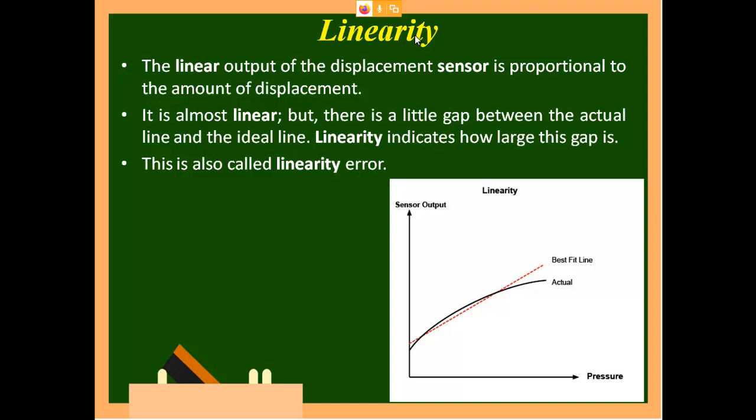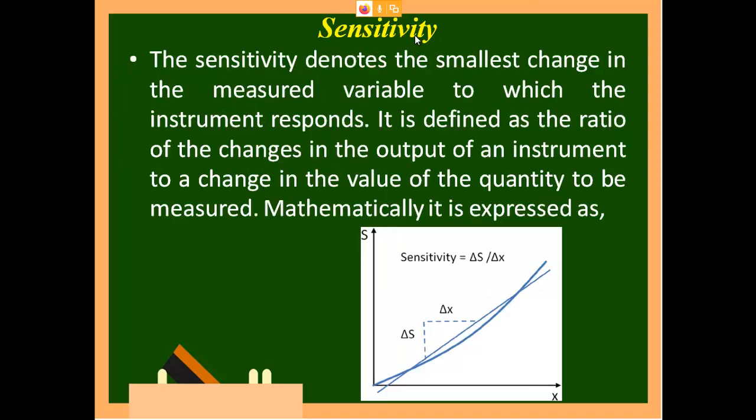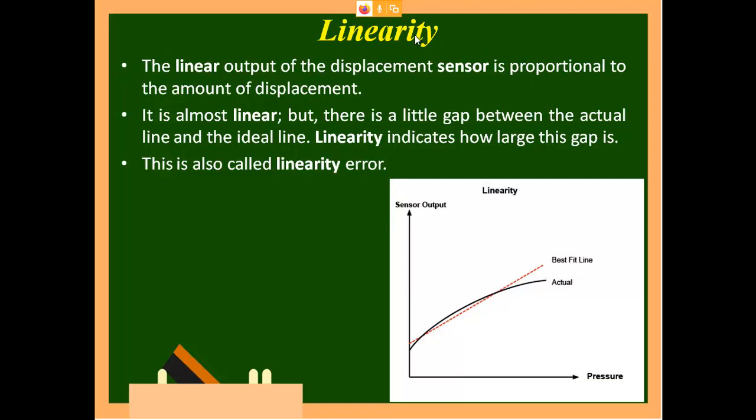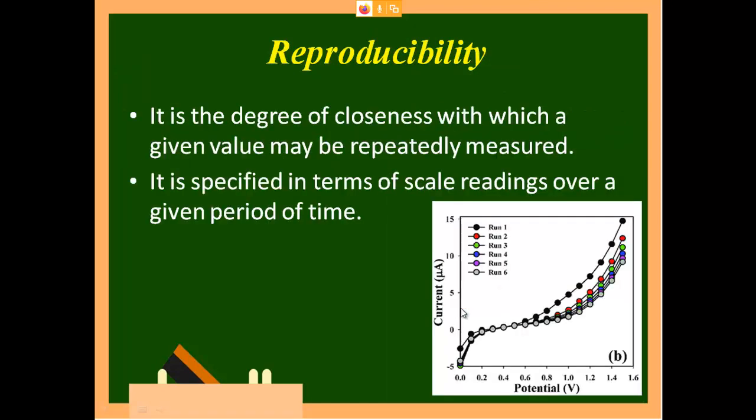You can see there is only a small difference, which is an upside-down graph, that's all. For sensitivity and linearity, the graph is upside down. Initially the swell was at the bottom, now the swell is at the top side. So that is the difference between linearity and sensitivity. This is also called linearity error. The amount which deviates, we call it linearity error. So this portion you call linearity error. Then comes